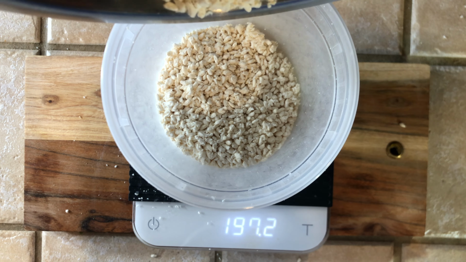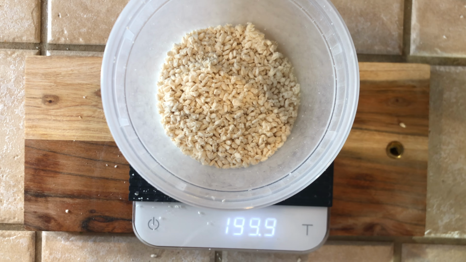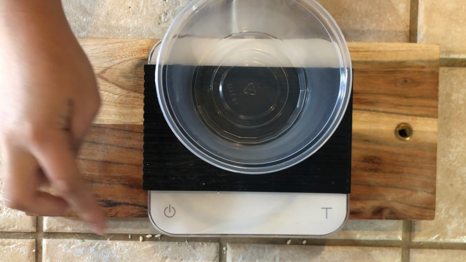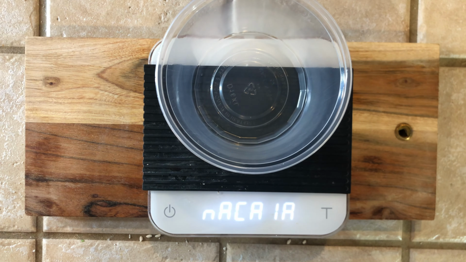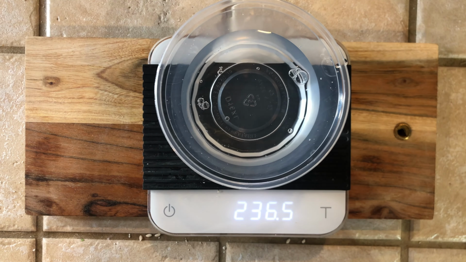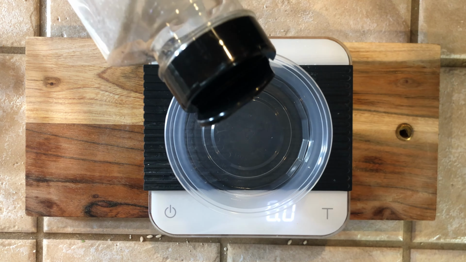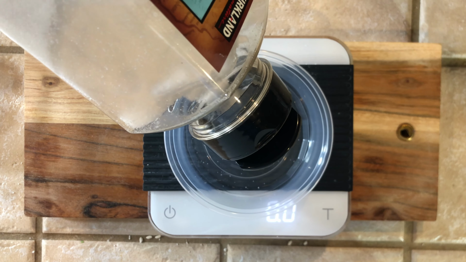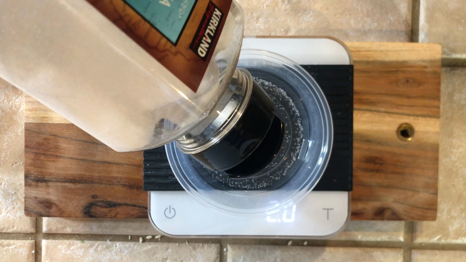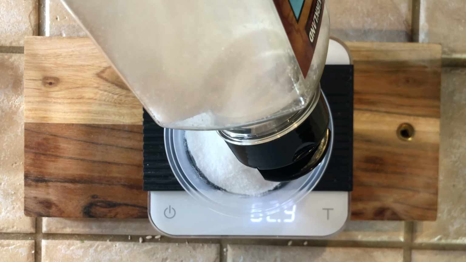Step 5, you're going to place a large container on the scale and weigh it until it's 200 grams. Step 6, I forgot to mention, make sure to tare the scale when you put the container on, and then that's when you add in the water, weighing 236 grams. Step 7, you're going to replace your container with a smaller one and make sure to tare the scale, pouring in your salt until it reaches 68.2 grams.